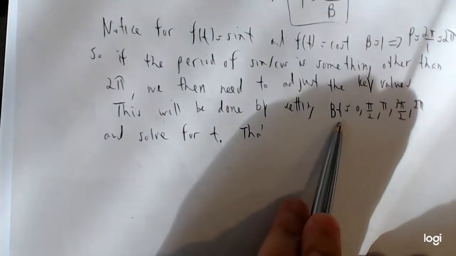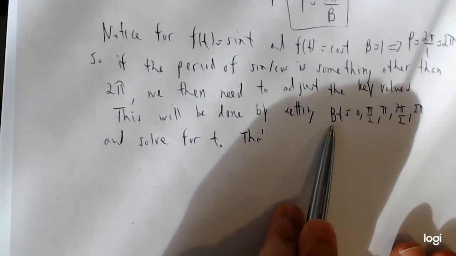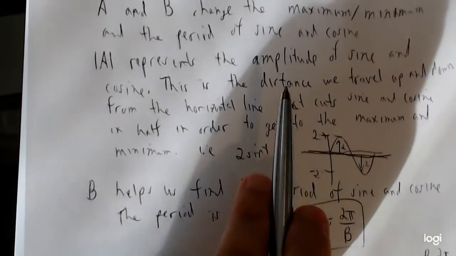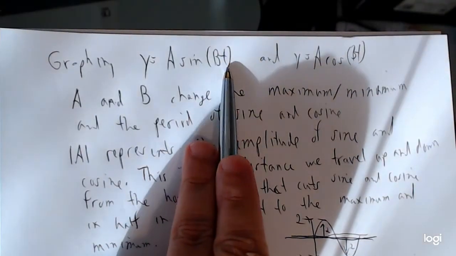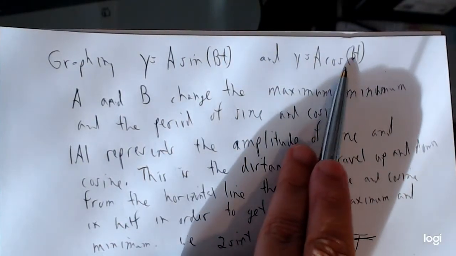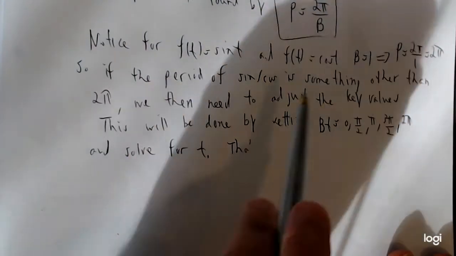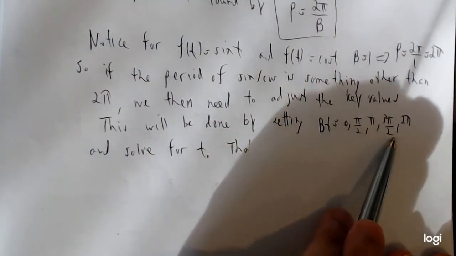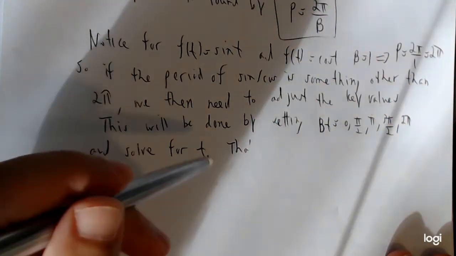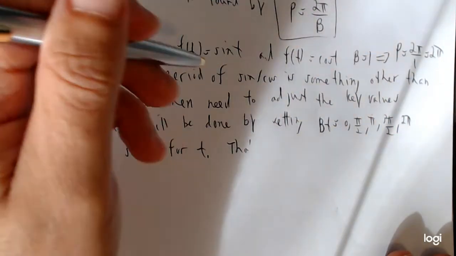And where is this bt coming from, by the way, if you're wondering? This bt, if I come back all the way up here, notice how it's that, because my angle is no longer just t, it's bt. Okay, so that's what we're doing here. We're setting bt equal to each one of these, so then we could solve for t, and you'll see that